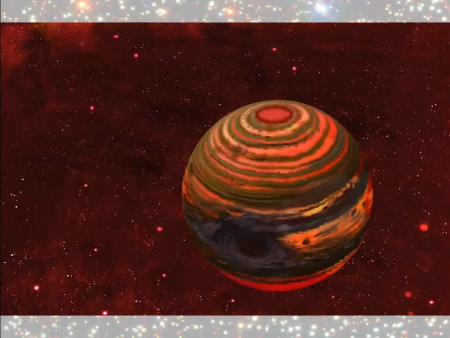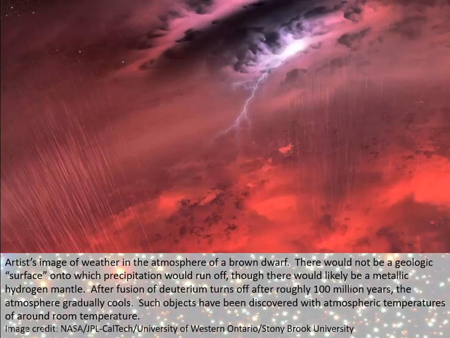Now, this is an artist's conception of what a brown dwarf could potentially look like if it's just out on its own. These would be very stormy places, and you're dealing with situations where the outer atmosphere of it might actually at times be relatively cool. There are some very cool brown dwarf stars out there. In fact, the lowest mass of these things actually have temperatures that are on the order, sometimes in the outer atmosphere, of room temperature. But again, they are very stormy places, but it makes people wonder, like, what